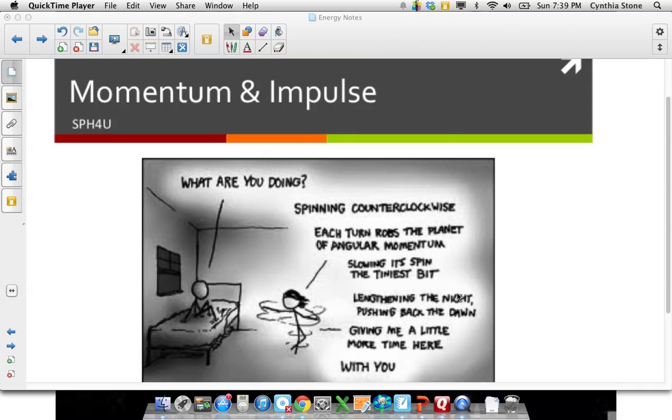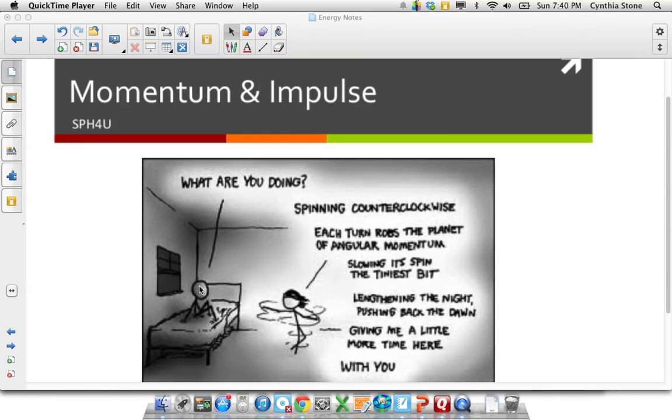So my little joke here actually applies to something called conservation of angular momentum, which we don't actually study. That's a first-year physics in university topic, depending on what physics course you take. Sometimes it's not till second year, but it's angular momentum. But I think you can get an idea of what angular momentum means, because in this question, it's